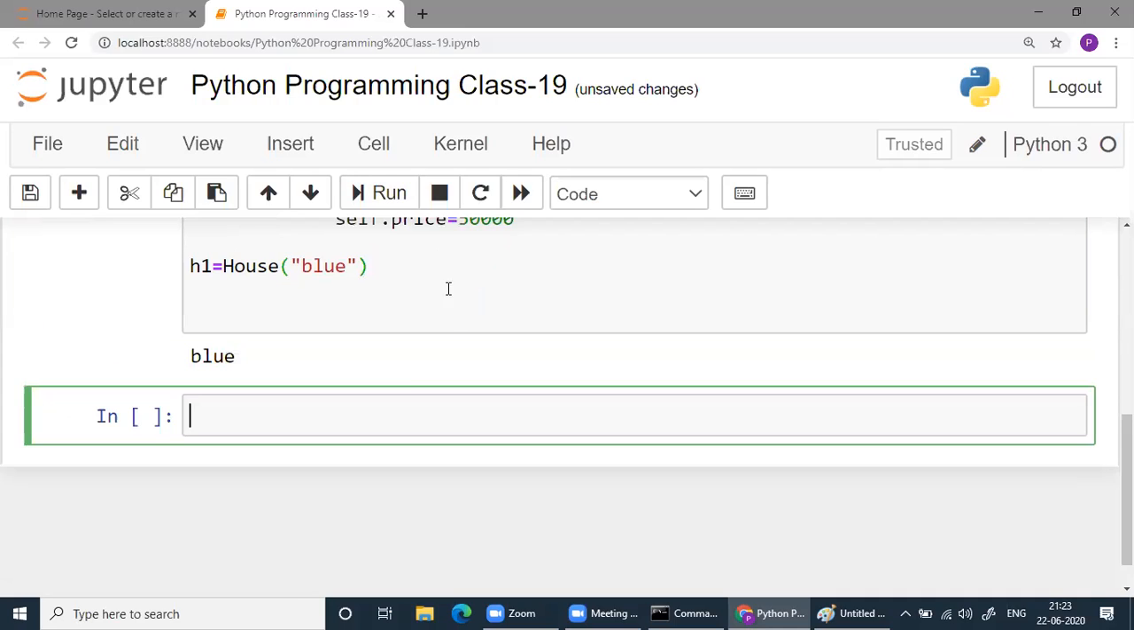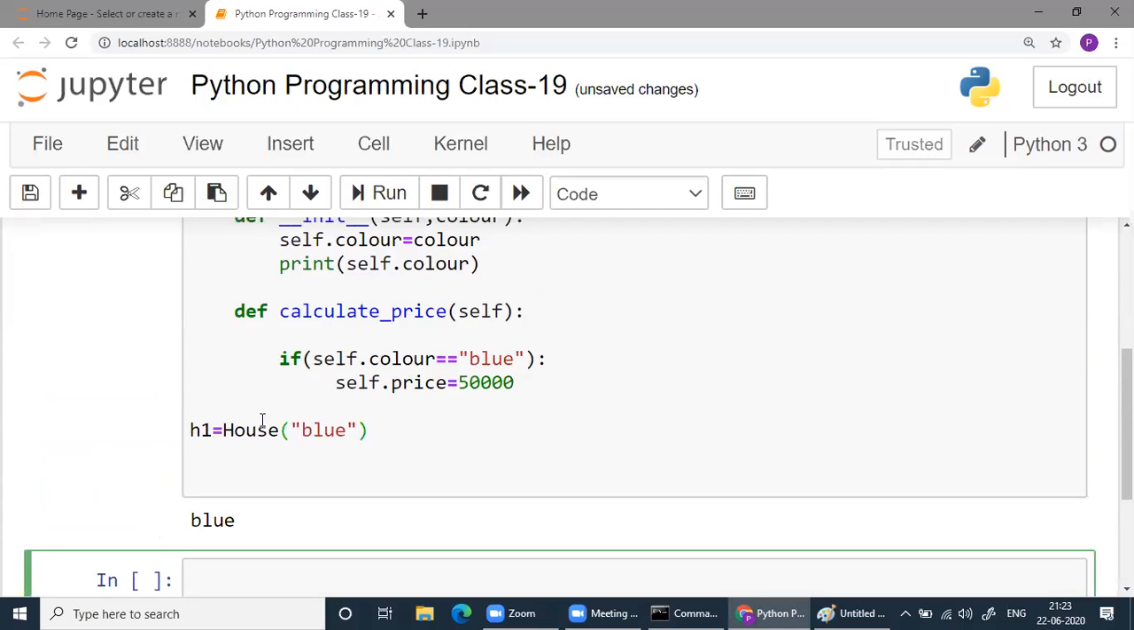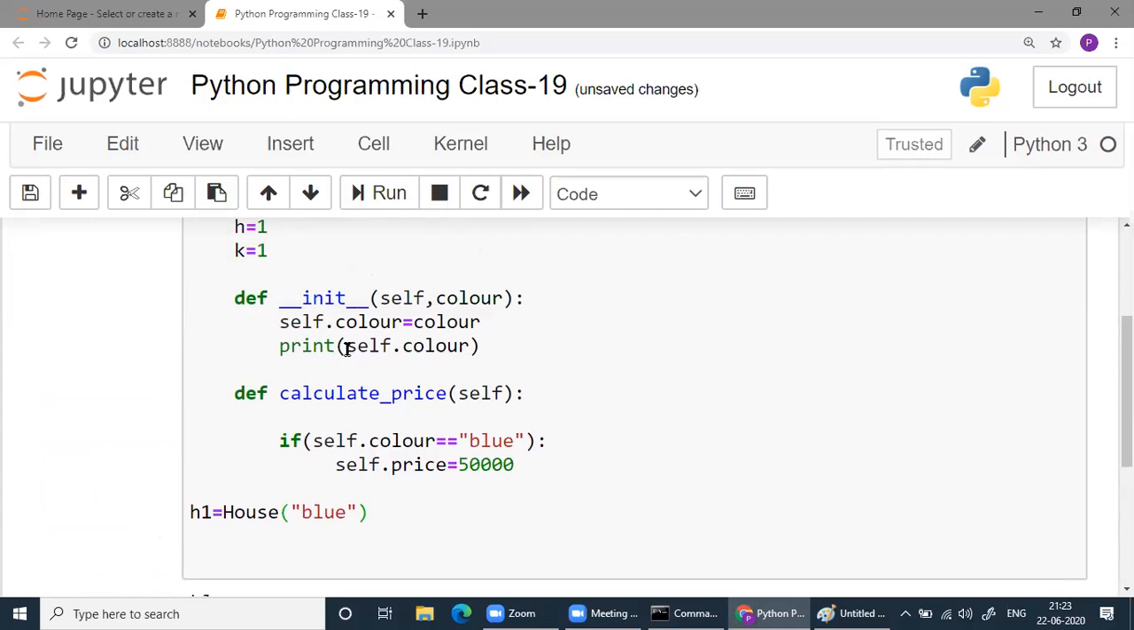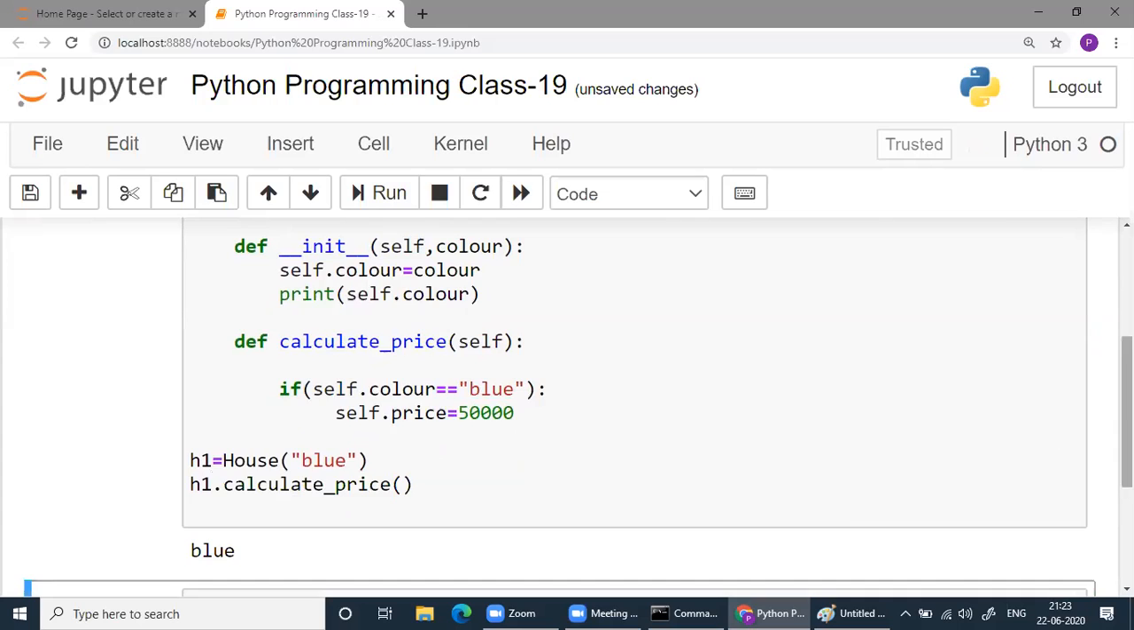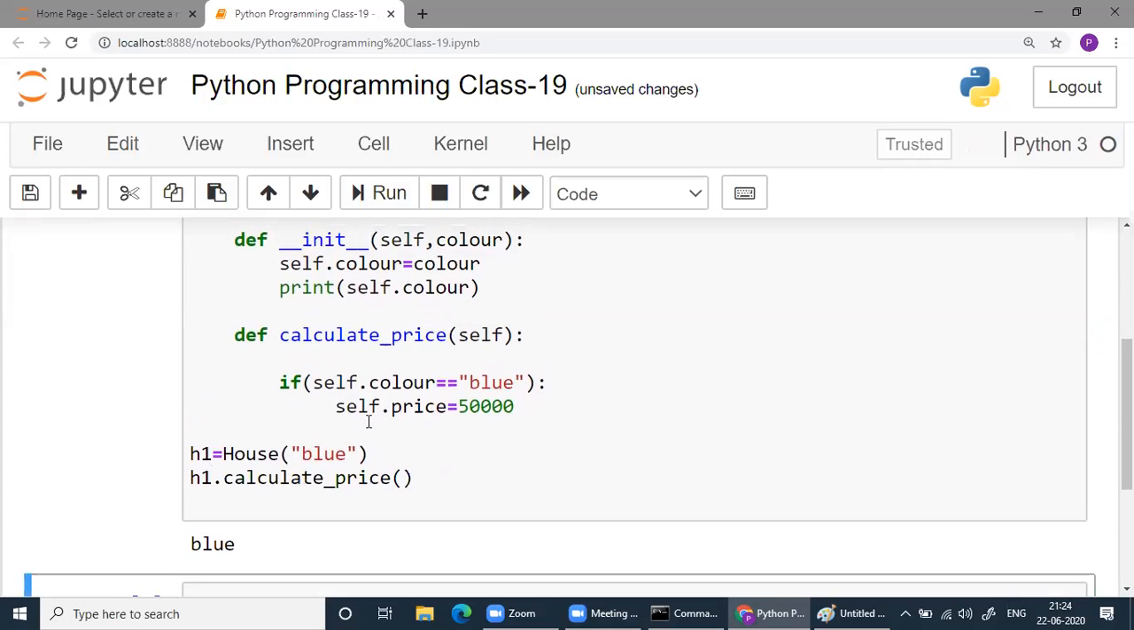Shall I run it? Okay. Let's see if there is any problem. So automatically, I know that the color is blue. Then let me call it H1 dot calculate price. Okay. Now when you call this function, if you will not send anything, it will only check the color that's available. Then it will set the price. Okay. We have to return